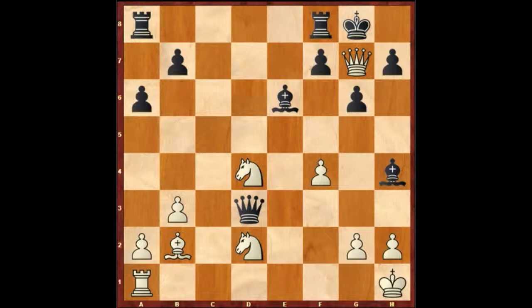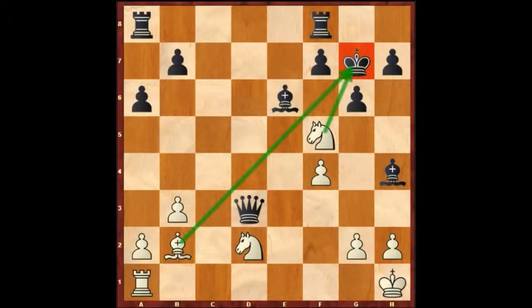We are giving a check and forcing Black to take on g7, and after king g7 we can play knight f5 check, and now we are giving double check and Black is forced to play with his king, and he can play just g8, and after this move we can play knight h6 and give a mate to the black king. So our three-step process was leading us to the conclusion that the black king is very weak, and